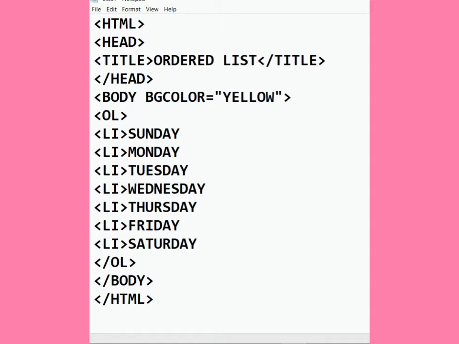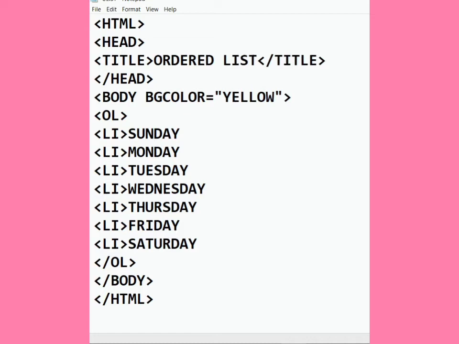Children, in this picture, you can clearly see that HTML coding is done for an ordered list. Here, background color yellow is used with the tag BGCOLOR equal to yellow, and an ordered list is created for the names of days.